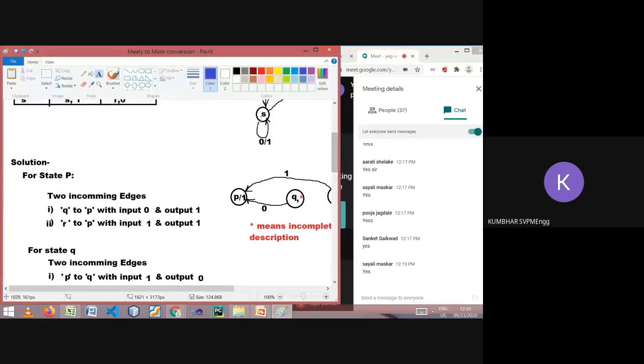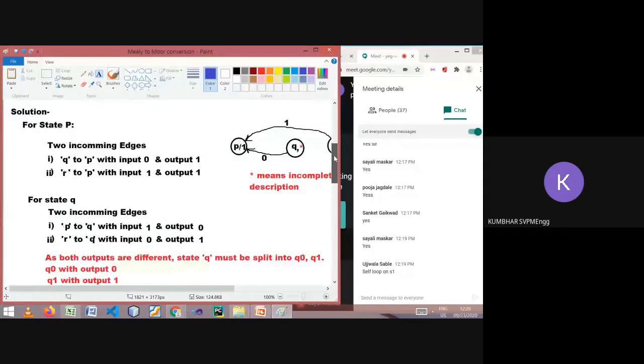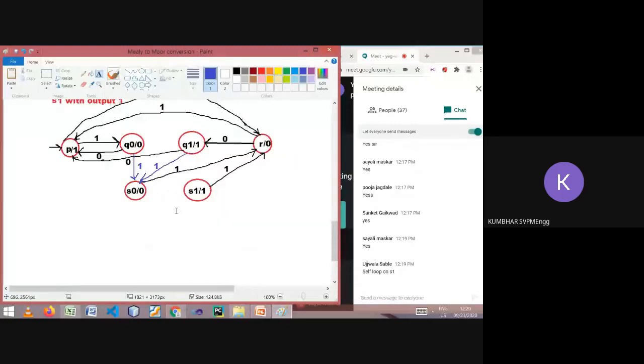Another incoming edge is from S to S, a self loop. But what is the output? It is 1. In the Moore machine, it will go to that state which gives the output 1. From this S, the first state gives output 0 and the second state gives output 1.